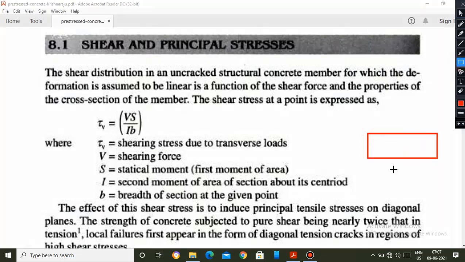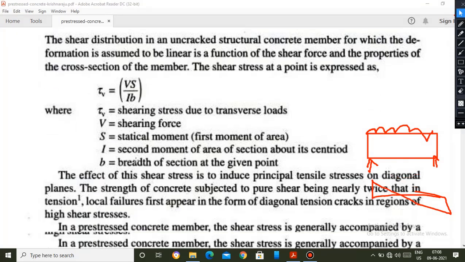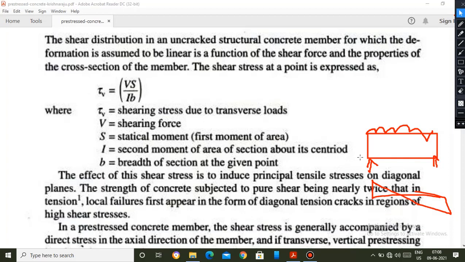Suppose you observe, this is the prestressed concrete beam. For this beam, while applying the uniformly distributed load or any amount of load, because of this loading condition, the structural member may get the shearing force. That shearing force, how much is transferred because of these loads, we take as the shear stress tau v, where V equals the shearing force acting on this particular prestressed concrete member. Based on the loading condition, the shearing force at this support we are calculating.